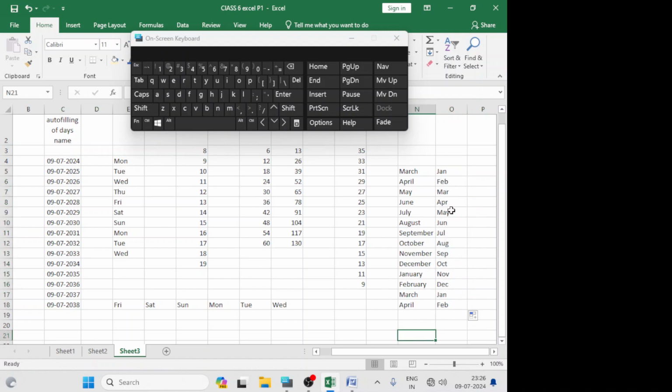Now you see that only 3 letters of each month name will appear here. So this is the method to type the month name, to type the day's name, to type the tables or the numbers in the decreasing order and different types of dates.